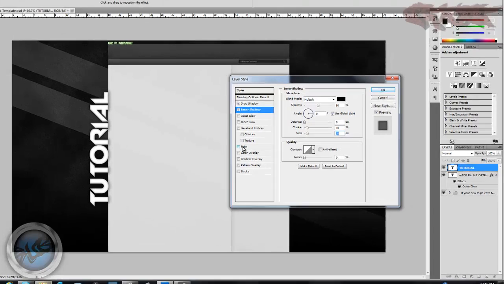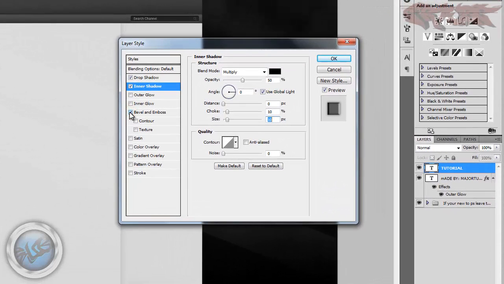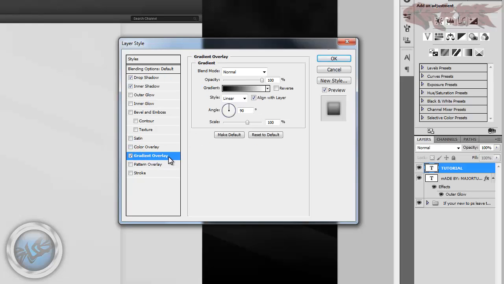Basically what we want to do now is bevel and emboss. You could add that, which gives it a more 3D effect, but I'm not going to add a bevel and emboss. I'm going to go for gradient overlay. So just click on your gradient overlay, and when you got your text on this side, on your left side, you're going to change the angle to 180, which will make the black overlay at the bottom and the white at the top. But what you could do for this is, if you're using like